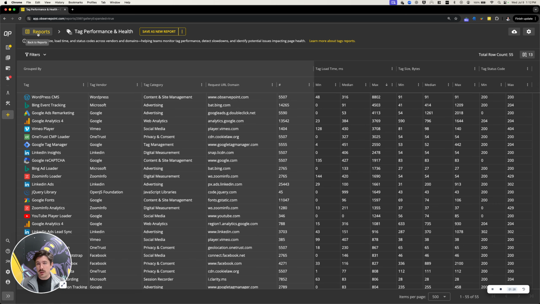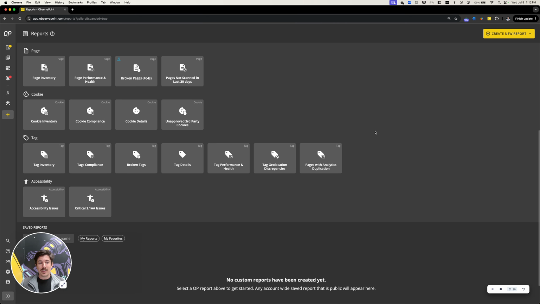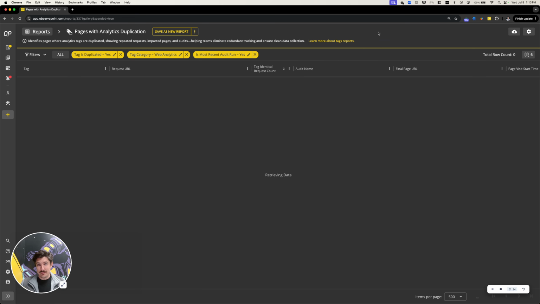The next tip that I want to highlight is how to find duplicate web analytics tags, which can lead to data inflation and double counting. This report template, Pages with Analytics Duplication, auto applies a couple of useful filters. Tag is duplicated is yes, that means that the tag fired twice on the same page, or more than once, not twice, and each instance has the same payload and account ID associated with it,